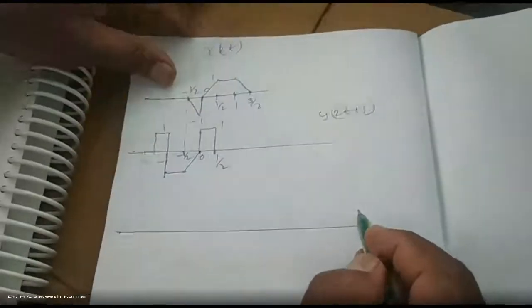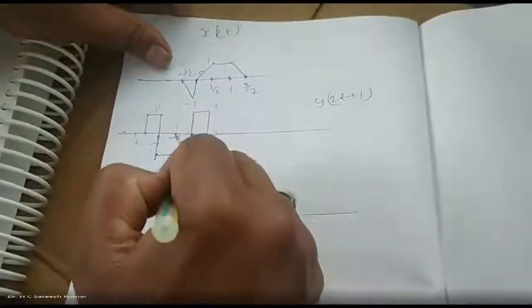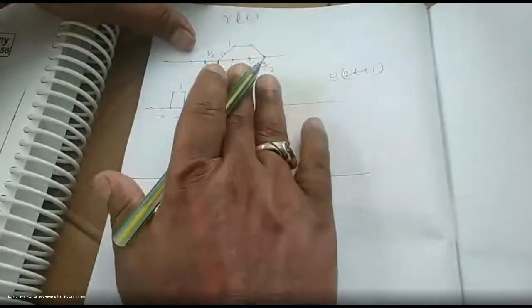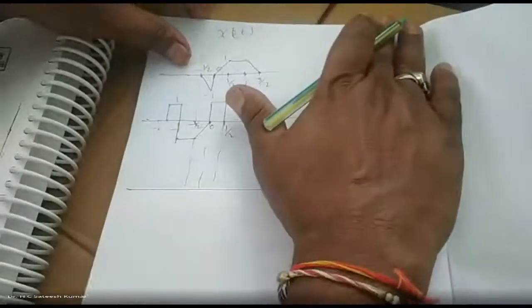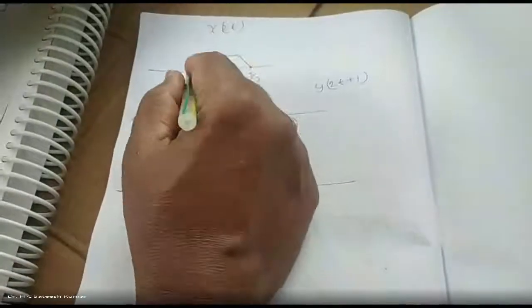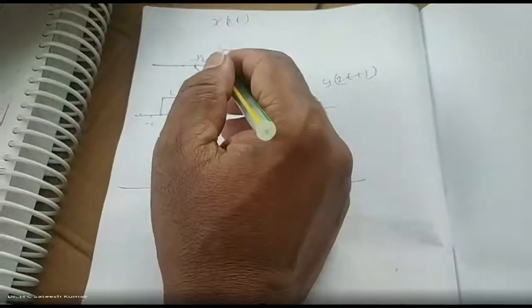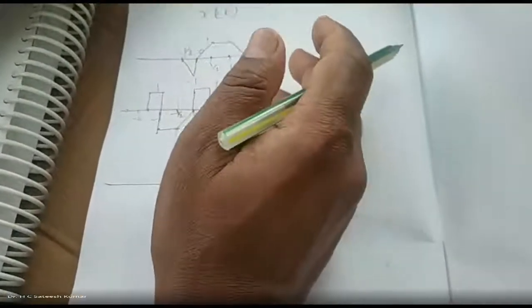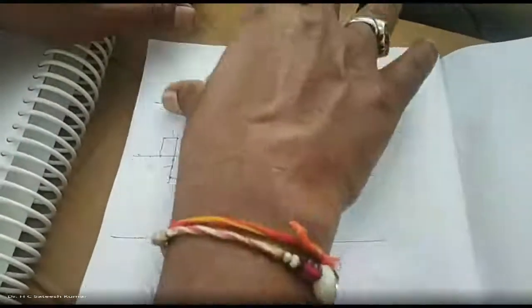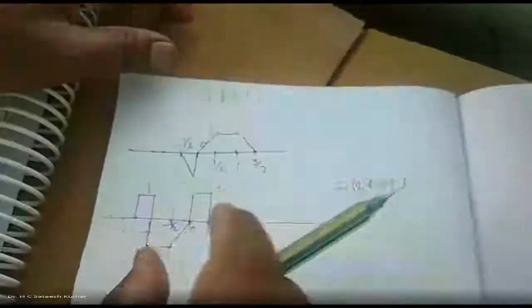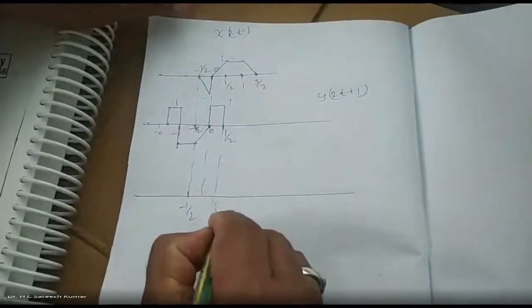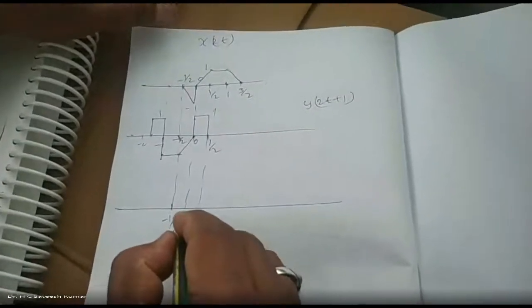Okay. Now you multiply it. Very interestingly here, 0 into something, this side it becomes 0. 0 into something, it will become 0. So therefore, actually common value is, see, if product to exist, both should exist. If any one becomes 0, product will become 0. Therefore, this portion is 0 because here it is 0. This portion is 0 because here it is 0. Therefore, the final signal will be only between minus of and plus of, centered at 0.